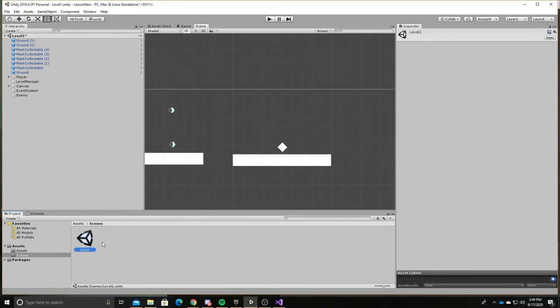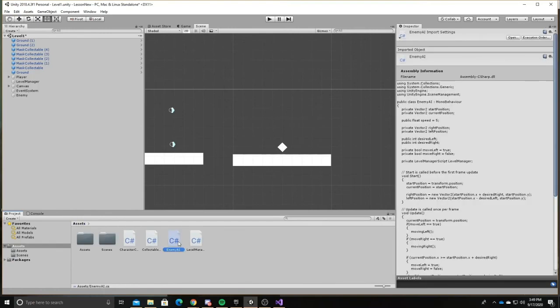Now, the big thing when naming scenes is you need to make sure that you name scenes with no spaces inside of them. You can do numbers, letters, doesn't matter how you name the scene as long as there's no spaces in it. Once we've done that, we're good to go into the script, and we'll be going into the